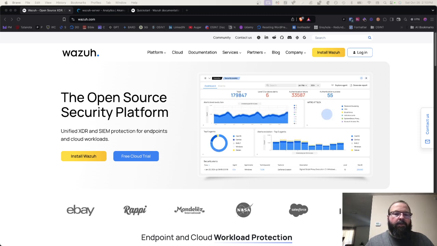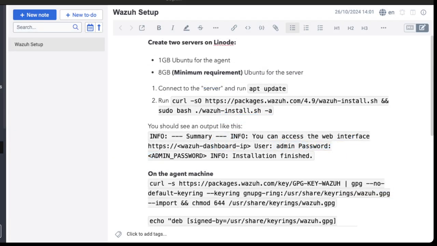So one of the first things we need to look at is the minimum requirements. I prefer to use an endpoint in the cloud as well as the server, so I can set mine up on Linode. All you need for the endpoint is just a 1 GB Linux server. I use Ubuntu, and for the Wazuh server, you need a minimum of 8 GB. So once you get that set up,